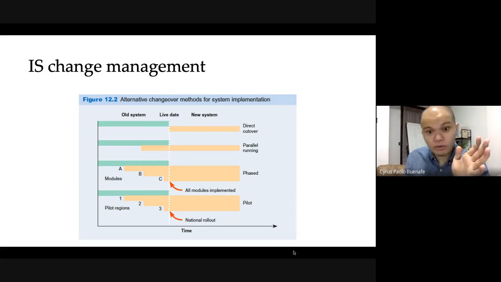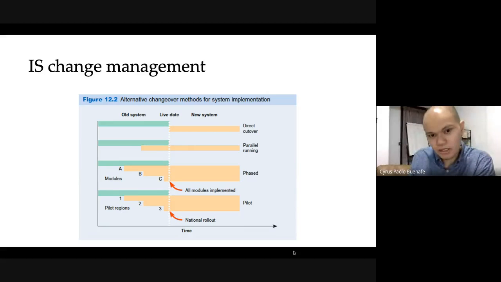format. Now, that's a little bit of a hassle because you have to make sure that whatever change you do to one, you also apply to the other. So if you input the data in the old system, you make sure that you also input the same data in the new system, for as long as you're doing things in parallel.